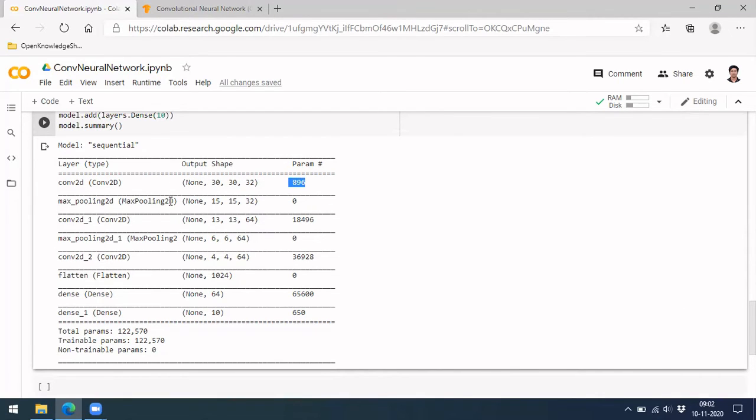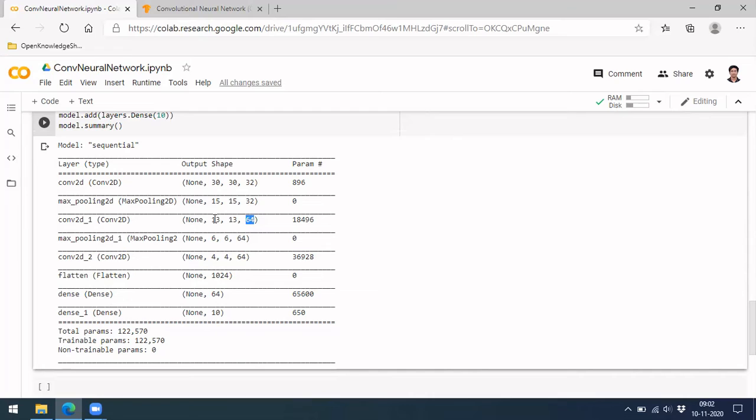And then there is a max pooling. Max pooling has reduced these values to half, because out of two values only a single value comes, so it has reduced your dimension to half, and then again this is given as input to the next layer. In the new layer, previously the number of filters was 32 so your output depth was 32.